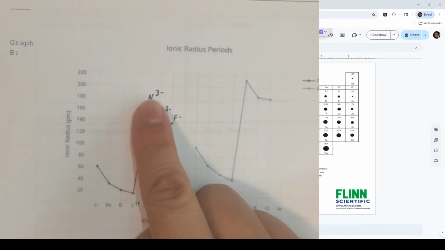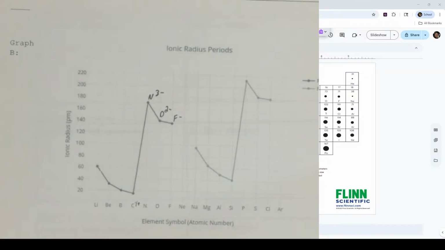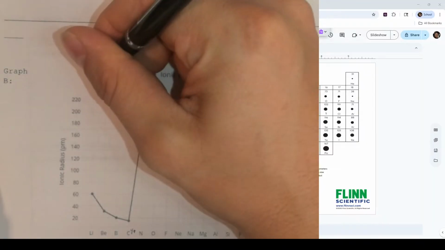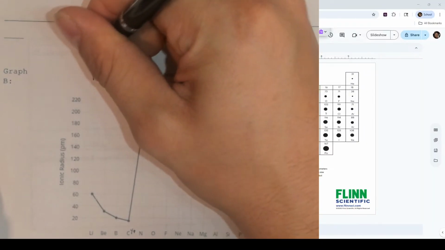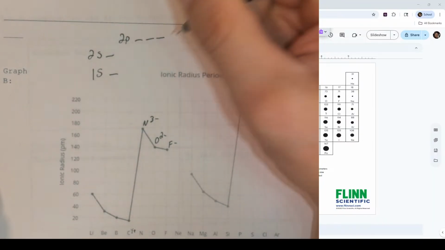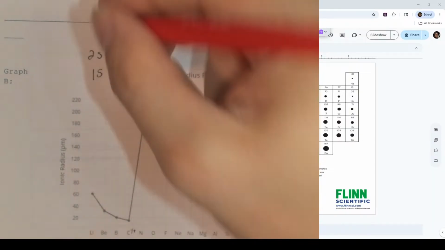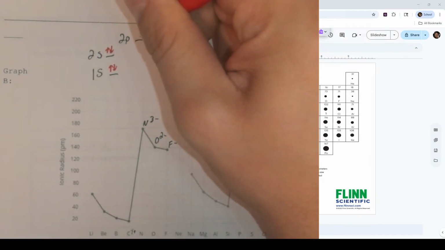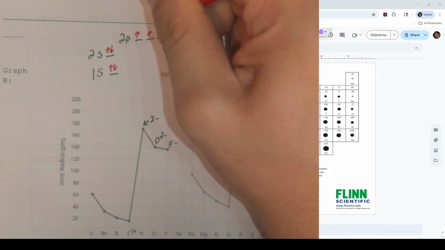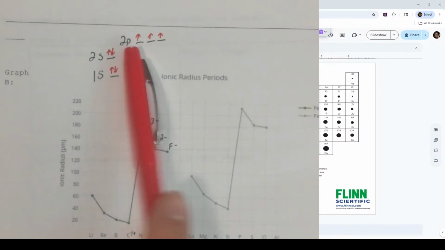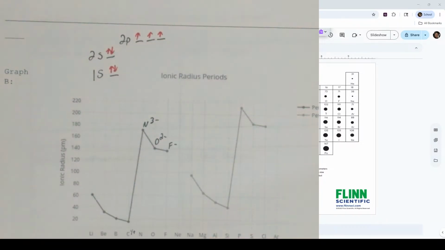Notice there's a pretty big jump here. And if you remember how we filled up the nitrogen electron configuration, if you want to get really nerdy and know exactly why the jump is bigger there. So I've got 1s, 2s, and then 2p. I'm sorry, this is nitrogen as a neutral atom. What's happening here? All 3 of my p orbitals only have 1 electron in them. They don't have to push away from each other that much. But then once I add